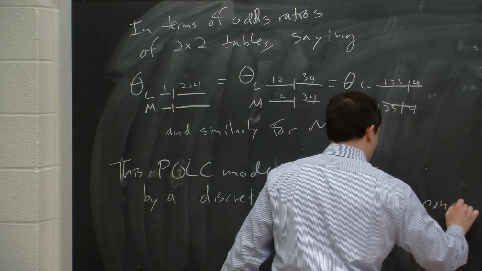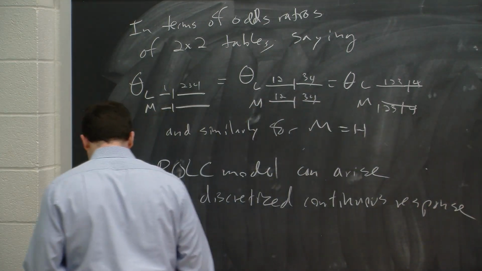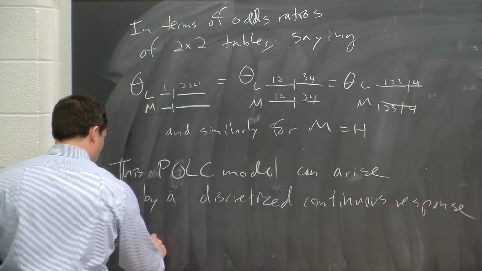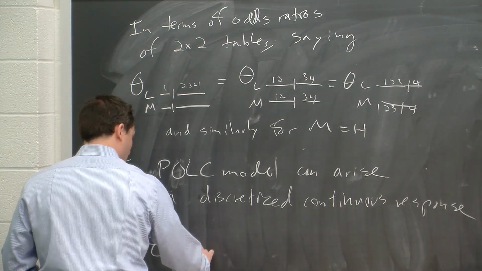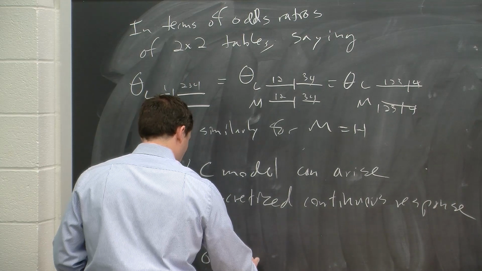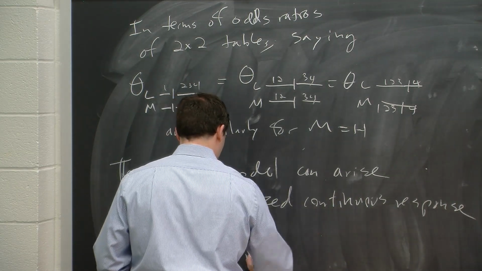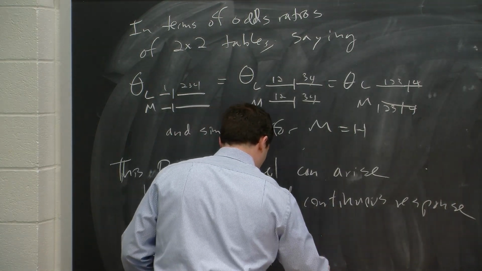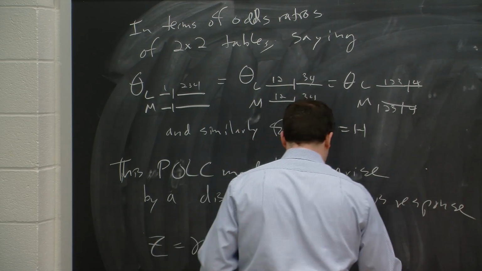So if in fact we have a relationship like z equals some coefficient plus gamma 1 x1 plus gamma 2 x2 and so on,